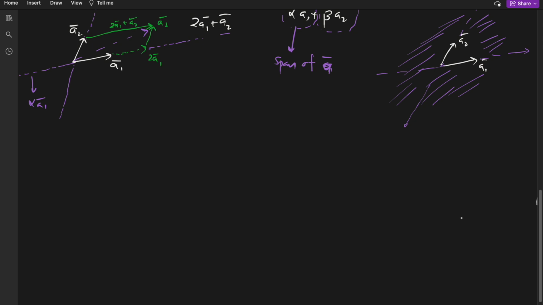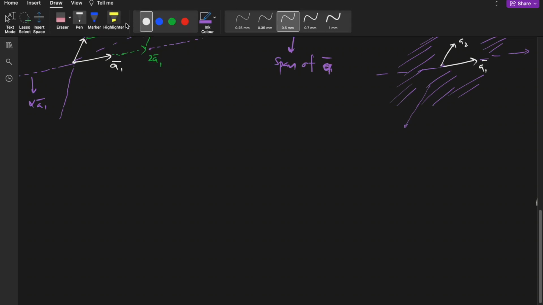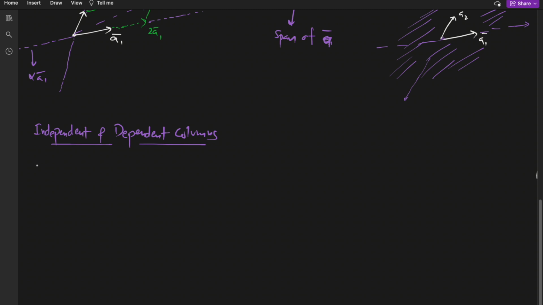Okay. So we will also see independent and dependent columns. Because I told you that the columns of matrix A